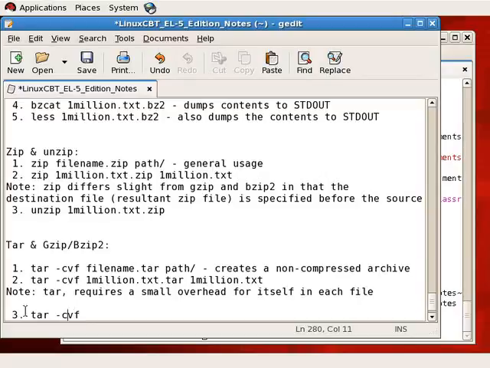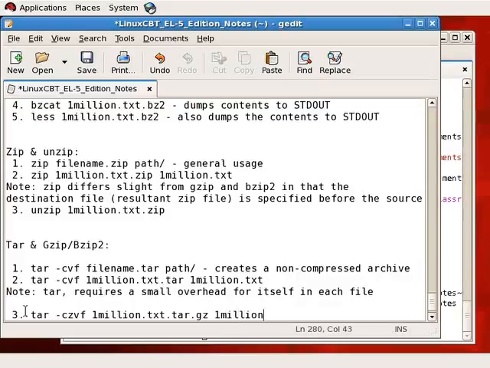How do we Gzip, compress, and tar? One other option is required, and that's all we have to do. Tar, instead of just simply cvf to create a tar archive, stick in z, and if you stick in z, then Gzip compression will be consulted, followed by the name of the file. So that's going to be